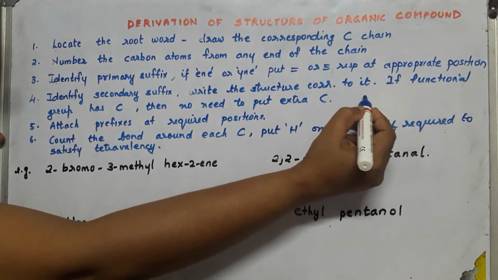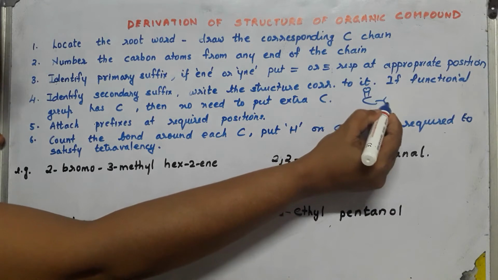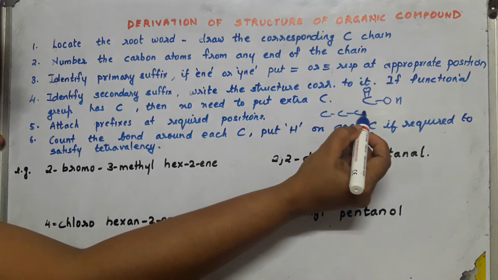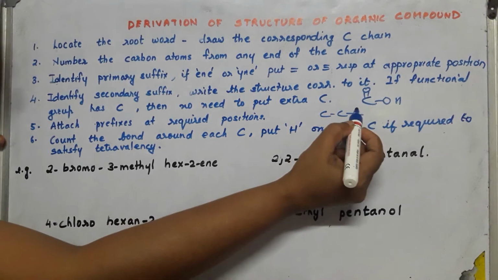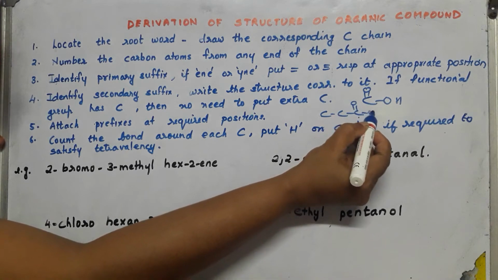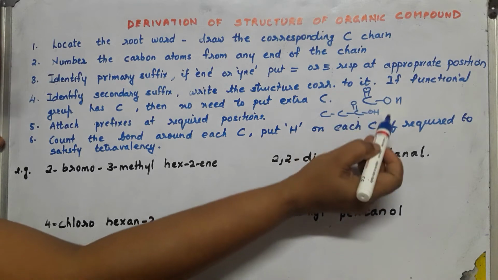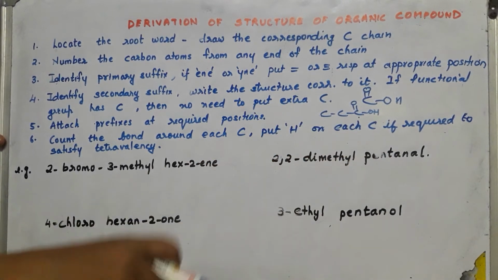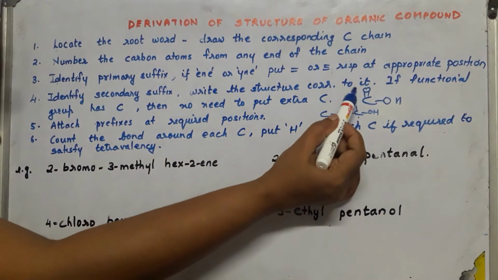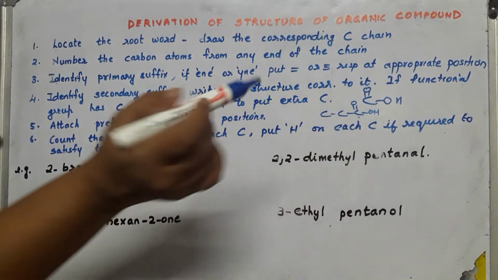carbon chain. Okay, example, suppose it is oic acid. Oic acid, we know that it is COOH. So already in the carbon chain, wherever you have to put the oic acid, there already we have put carbon, remaining atoms you put on the carbon chain. So no need to put extra carbon, or else the structure will become wrong. You have to give the remaining atoms of the functional group on the position of the carbon.